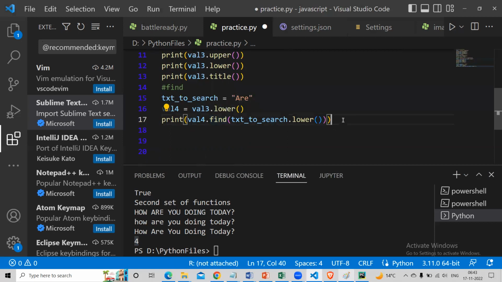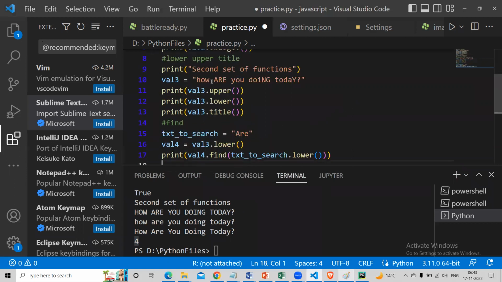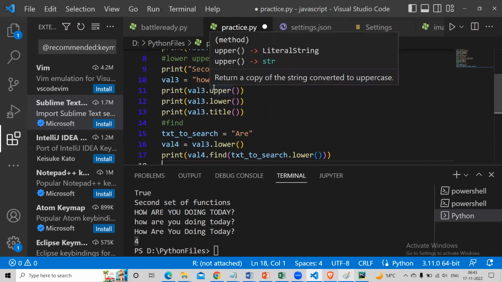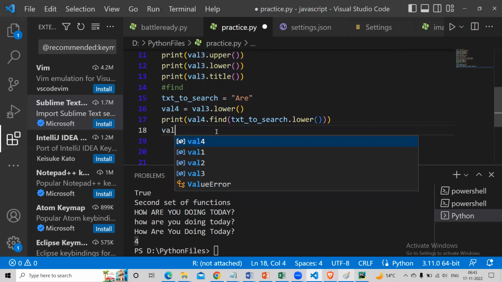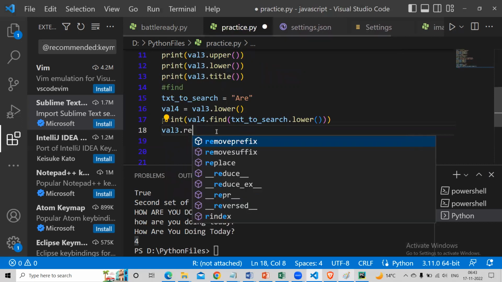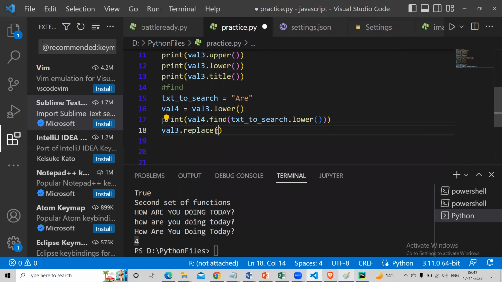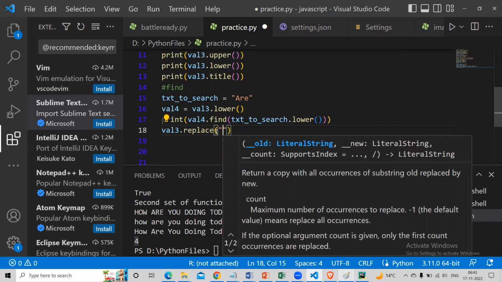It is called replace. Now I want to replace, how are you doing? Let's say I just want to replace R with ease. So to do that, I need to say val3 dot replace, older value with newer value. So I want to replace